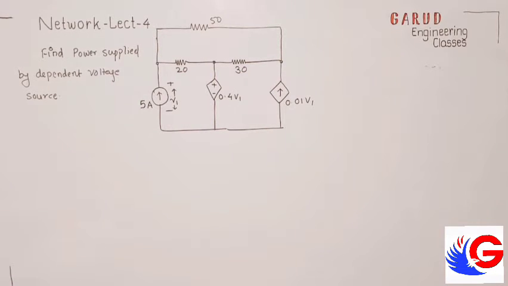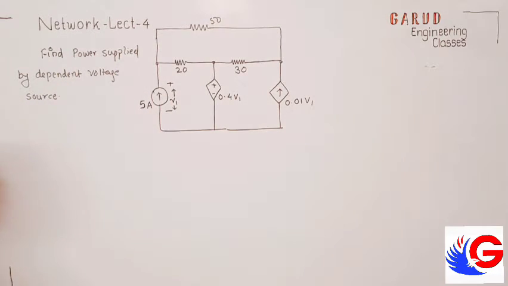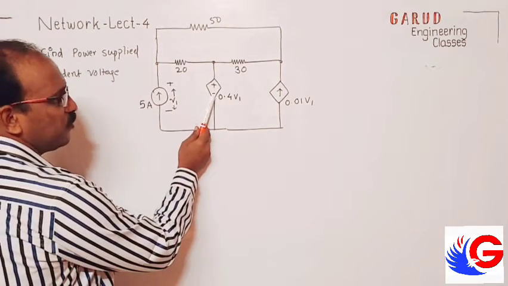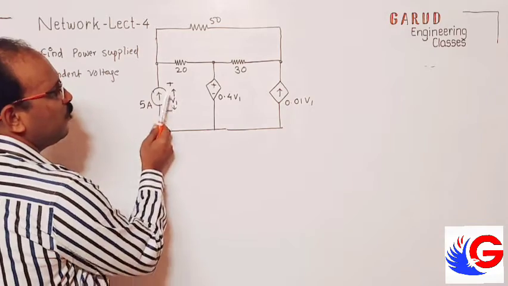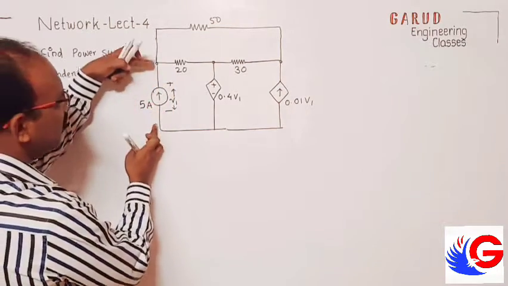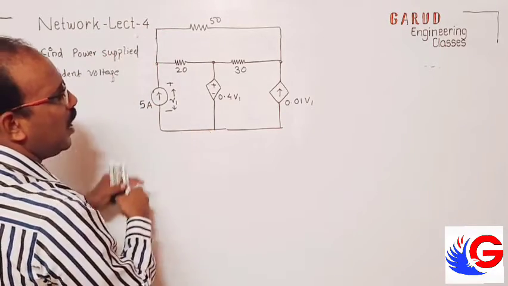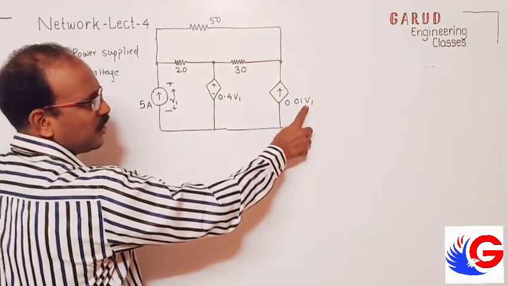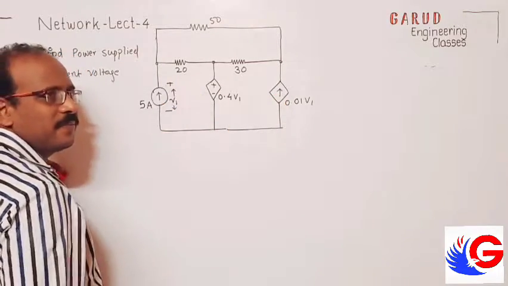See this question. This was an exam question. First, I want to explain, using KVL, we have to solve this. This is a voltage source, but the value of this is dependent on the voltage V1 across this, so here it is V1. Okay, now this is also a dependent source, this is a current source but dependent on V1.